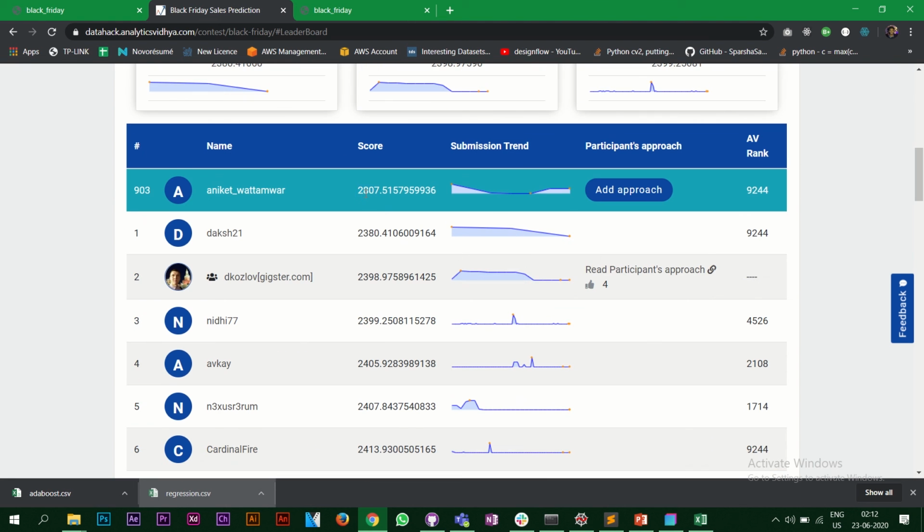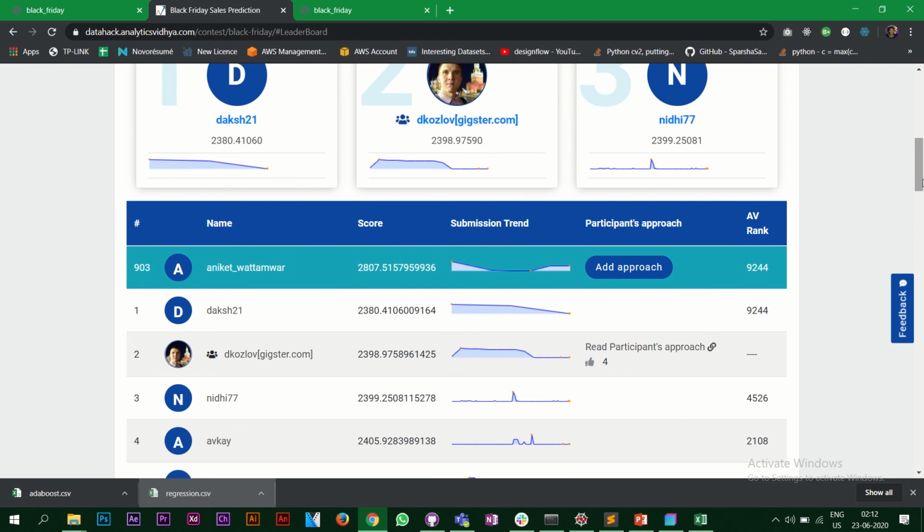So if you change your machine learning code a little bit, you can change your score and your rank will be better than 900. You can do that. Alright, so this is what I wanted to show you.